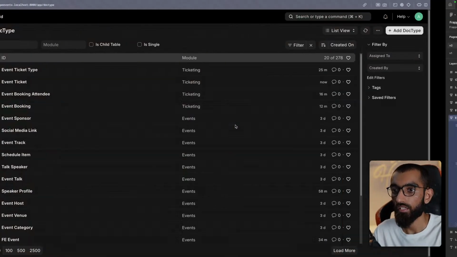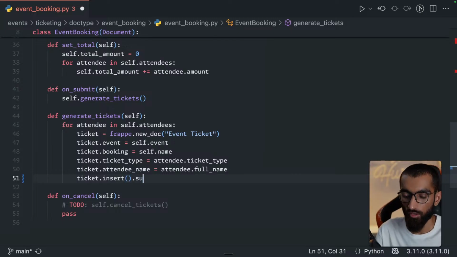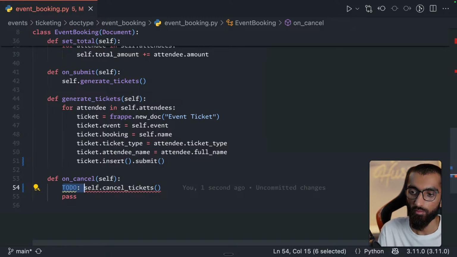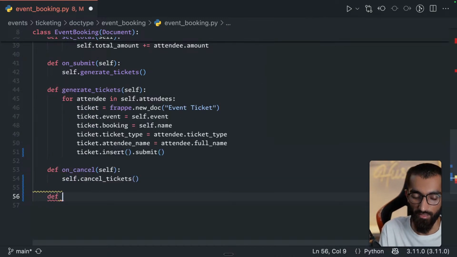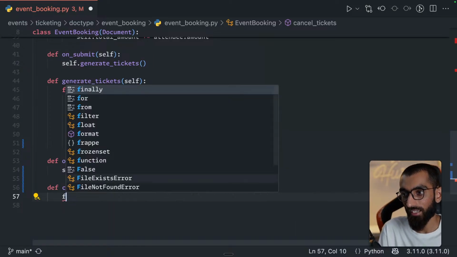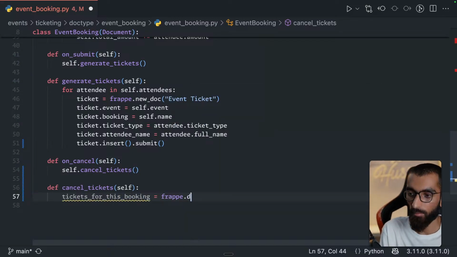Now we can go back to our code and make 2 changes. Dot submit. Then cancel tickets is also figured out now that we have decided. Def cancel tickets. Delete would be one line. Frappe.db.delete. Now cancel is something for tickets for this booking. Frappe.db.get_all event ticket where